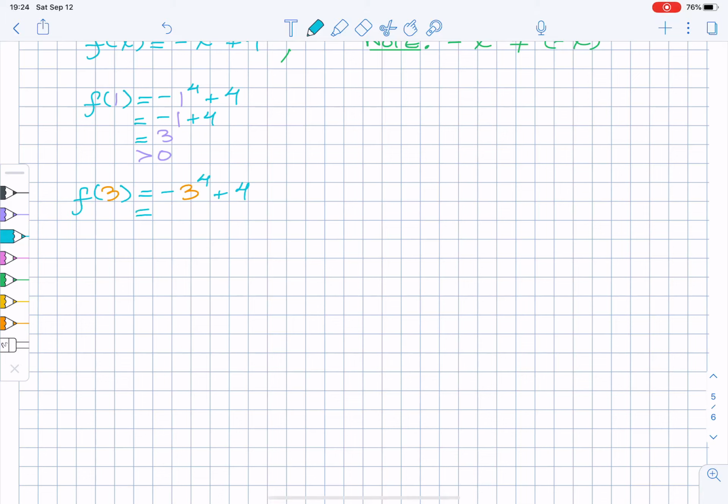So 3 to the 4th is the same as 9 squared. So that's 81 plus 4. Okay, so I can think of this as a negative of 81 minus 4. So what is 81 minus 4? Is that 77? Well, whatever it is, it's certainly negative, right? So therefore,